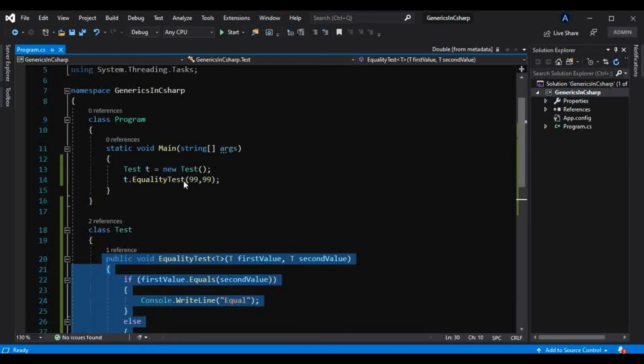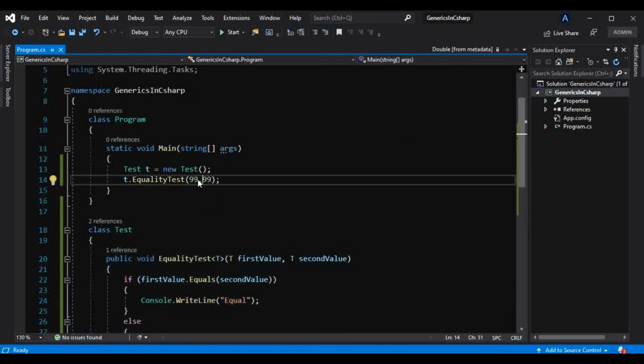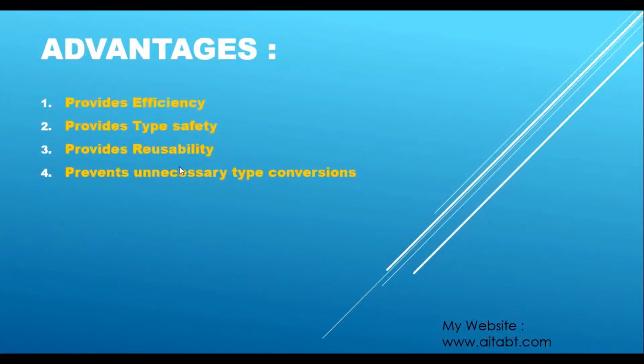We can pass integers, we can pass doubles, or we can maybe pass integers as strings as well. So this single method allows us to pass any kind of parameter, and this is nothing but reusability of this method. That's the advantage generics provide us.